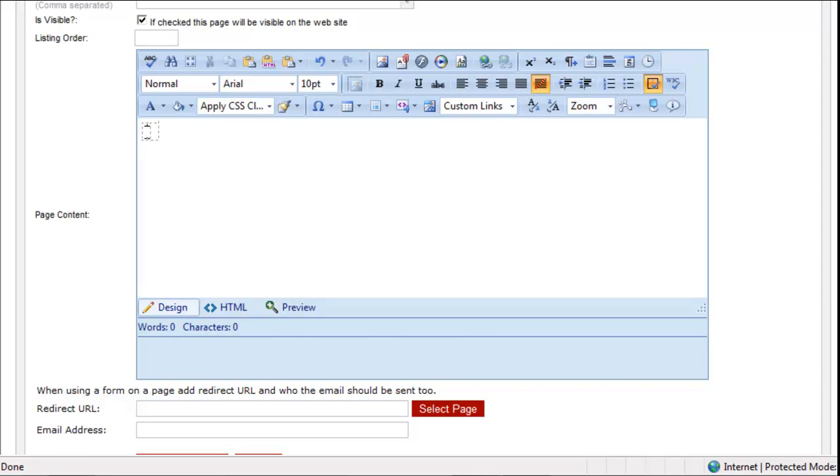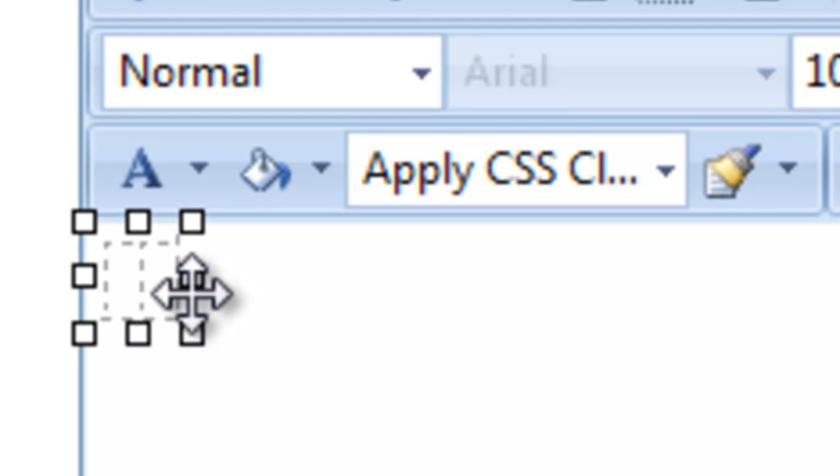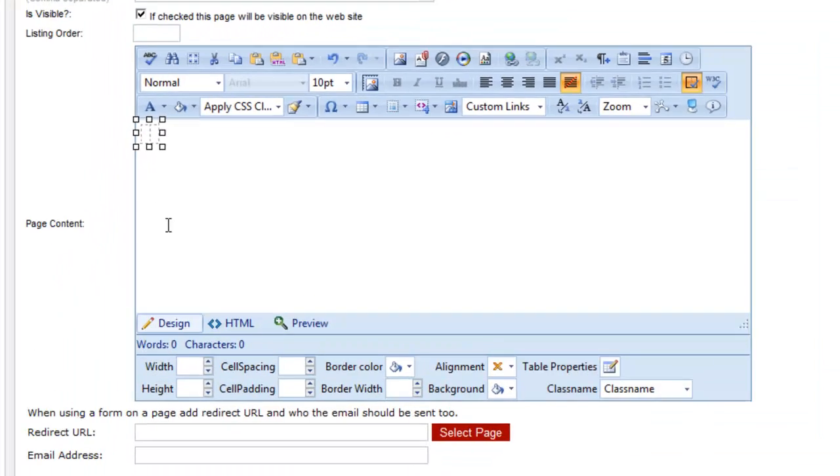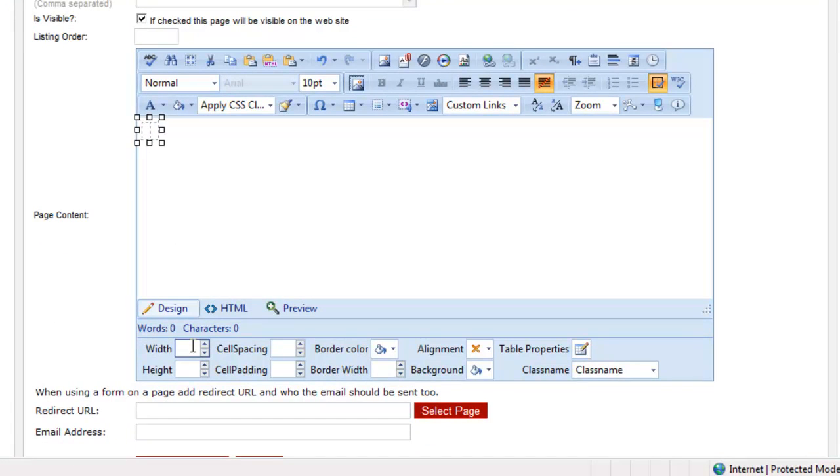Now you can see we just have a very small table because we really didn't give it any width or height. So I'm going to click on the outside on the dotted lines around there, which give you an indication of where the table is in the 2 cells. It does not show to the viewer when they view the web page with the tables. We really have no width or